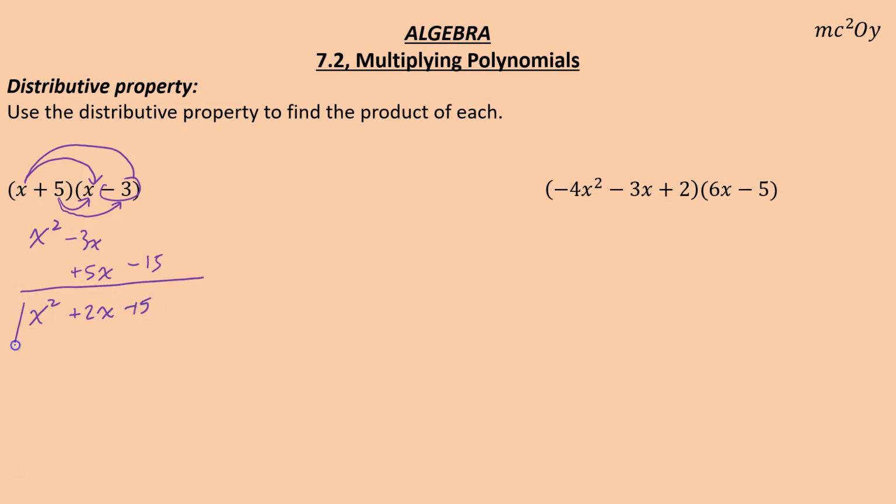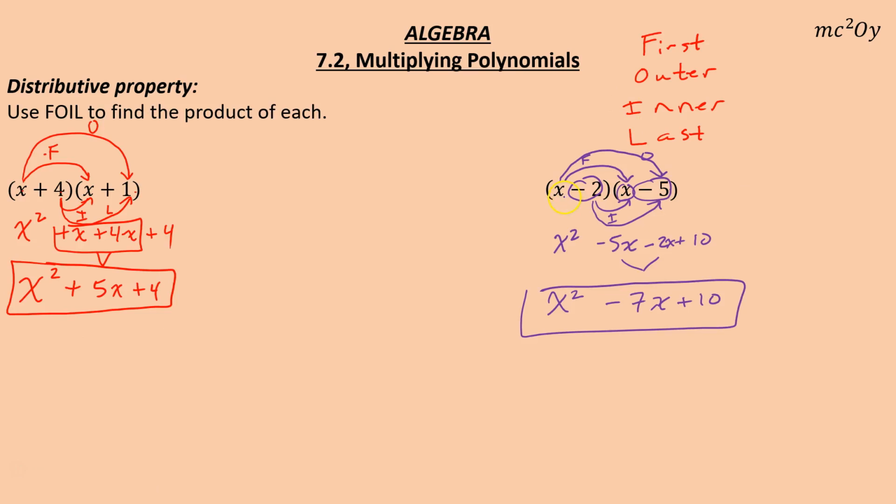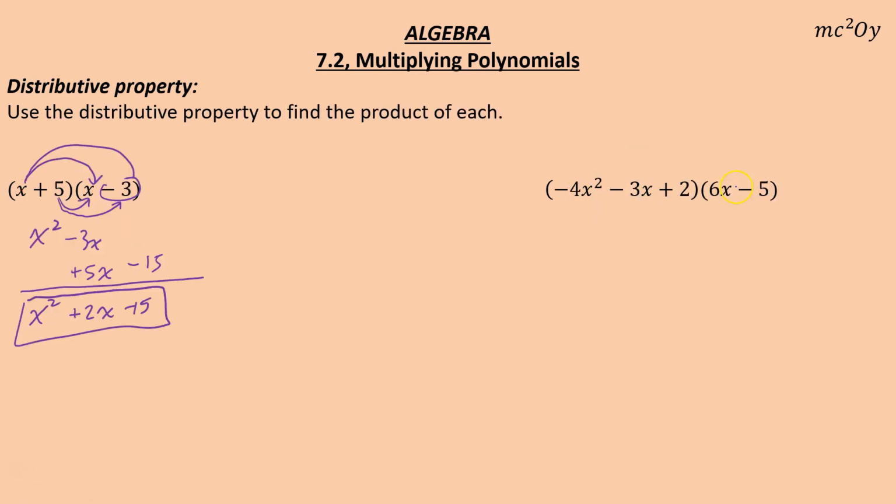Now some of you look at that and go, well, what's the difference between that and FOIL? And really there isn't a big difference there. The deal is FOIL only works on binomials times binomials, because there's only 4 letters, right? F-O-I-L. Whereas if you're going a trinomial times a binomial, you run out of letters. So it's just kind of a way to remember. So really all it means is you're multiplying each